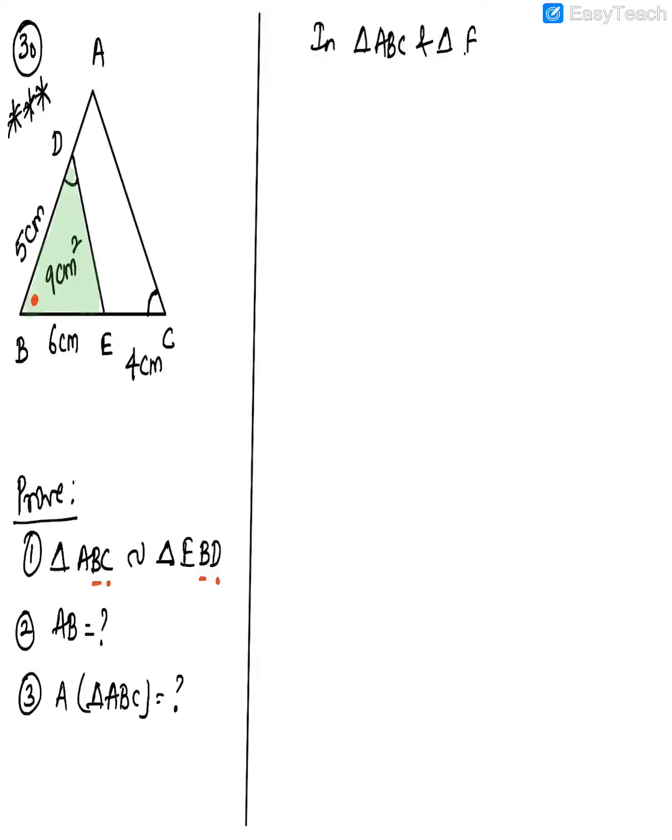Number 2. Now the next angle is what? Angle ACB. Look at the corresponding. If I write ACB here, what should I write here? Angle EDB. What will be the reason here? Given. It's given in the question that those angles are equal. Then number 3, therefore triangle ABC is similar to triangle EBD. Reason, angle test of similarity.